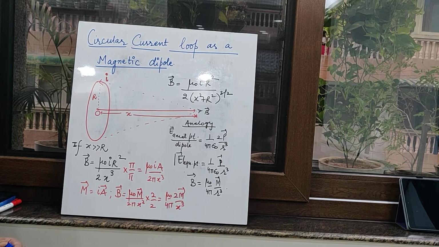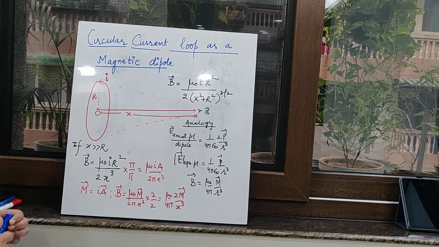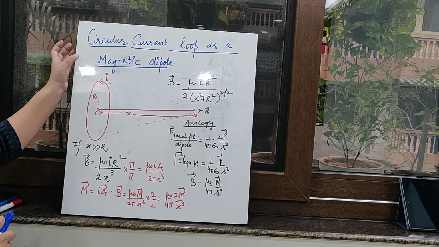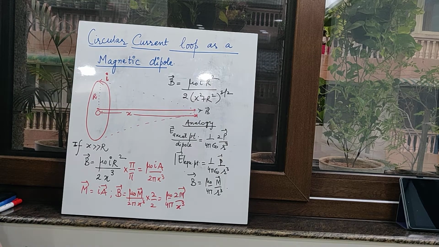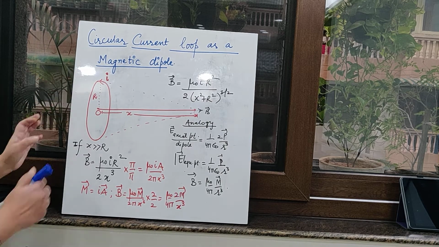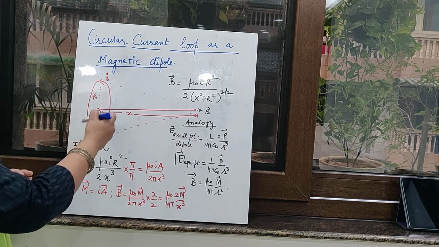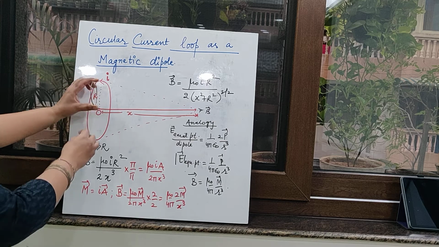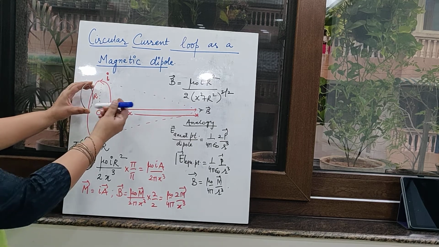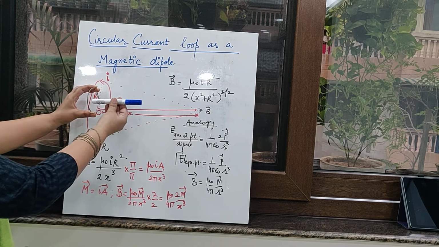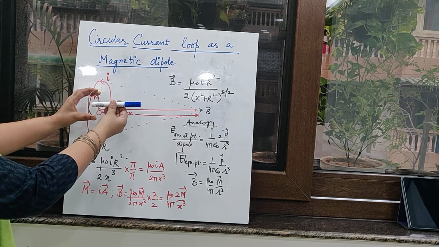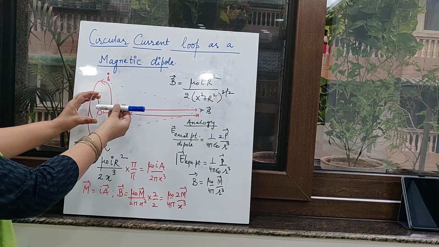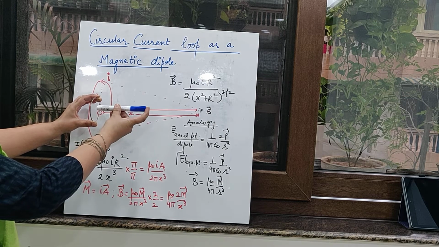Hello everybody. In this video we are going to learn that a circular current carrying loop behaves as a magnetic dipole. Now here I have shown that there is a circular coil and it is like this. The circular coil is like this and this is the axis of the coil which has been shown by the marker, and we have already done this derivation in our previous videos, that the magnetic field at any point on